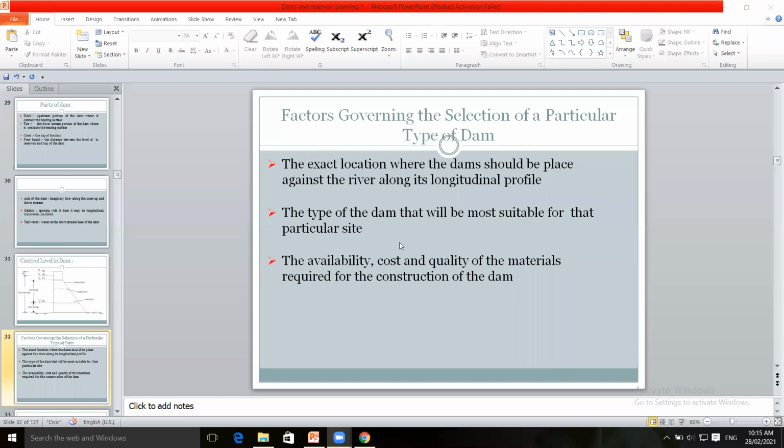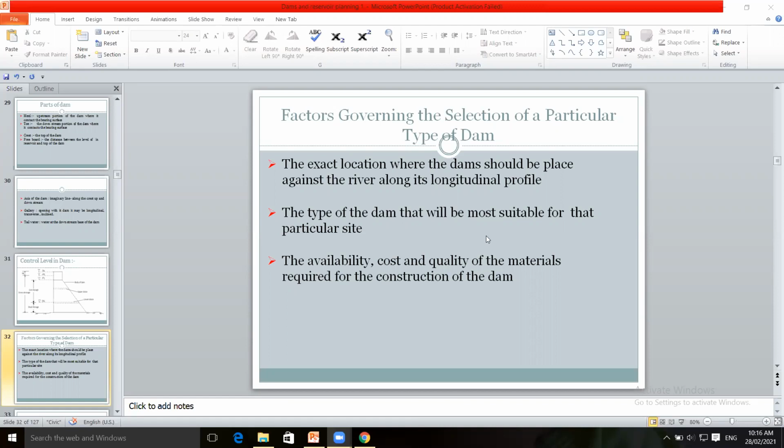So the type of dam more suitable for that particular site where discharge is more. We have seen the different objectives. It should fulfill the requirement. The objective should be satisfied. It should fulfill the criteria of navigation, recreation, supply of water to the farms, irrigation purpose. Such a location of dam should be selected according to its